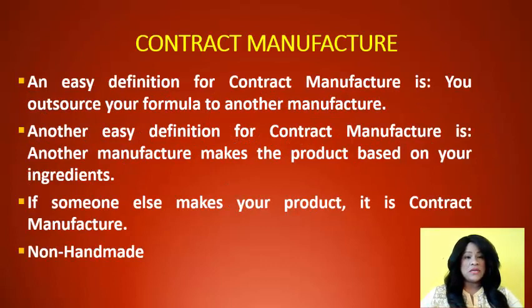Contract manufacturer. An easy definition for contract manufacturer is you outsource your formula to another manufacturer. Contract manufacturer also means another manufacturer makes the product based on your ingredients. So you provide the ingredients and then another manufacturer will make your products. If someone else makes your product, it is contract manufacturing. Contract manufacturer means